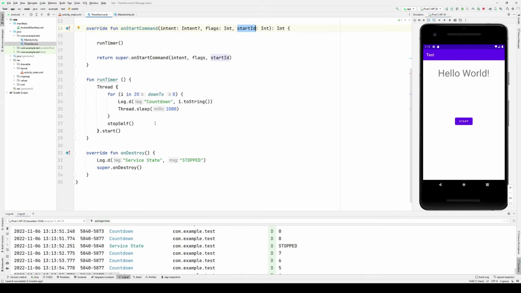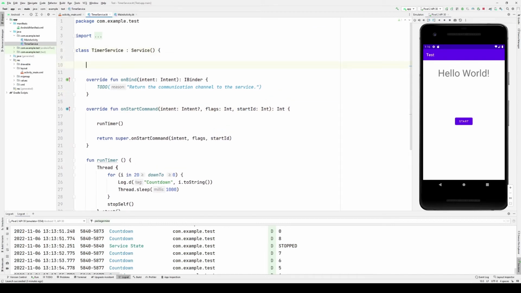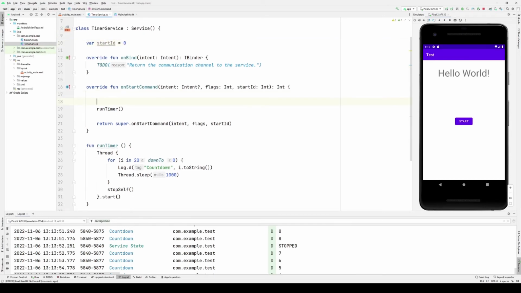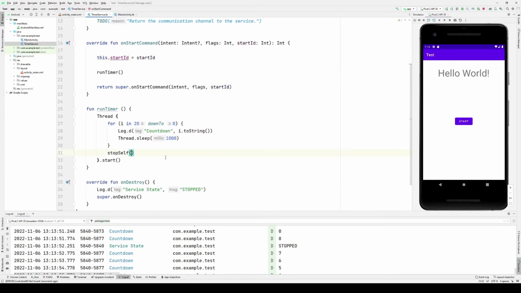So the proper way to actually write this would be to leverage startId and pass that startId to stopSelf. Now it should be noted that it's not going to be as simple as declaring a variable, initializing it, or updating it here, and then passing it to my service, or to my thread rather.